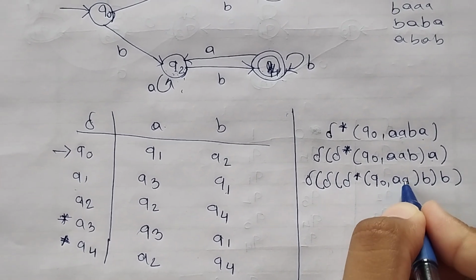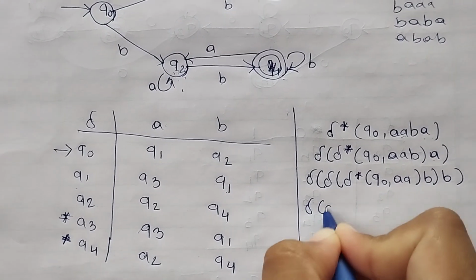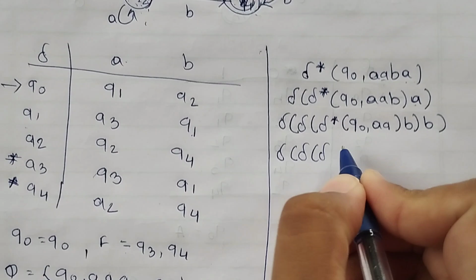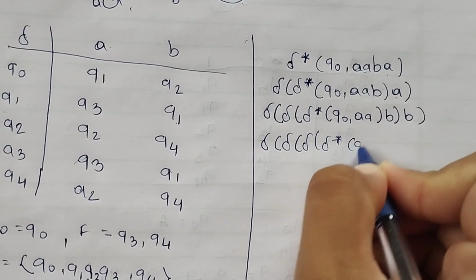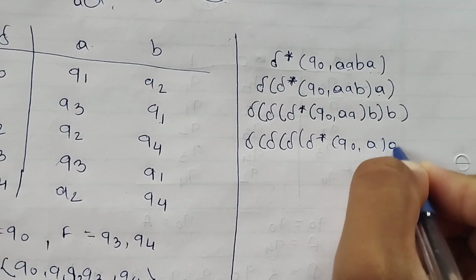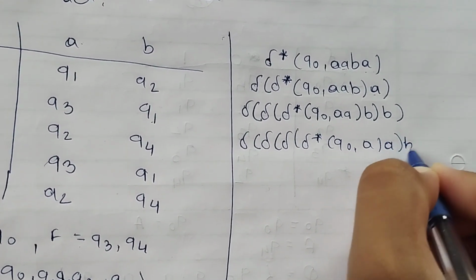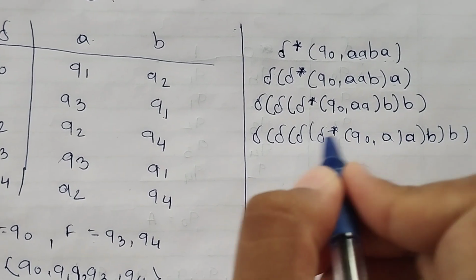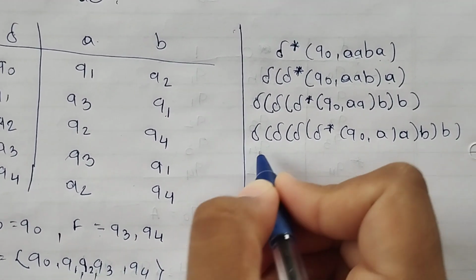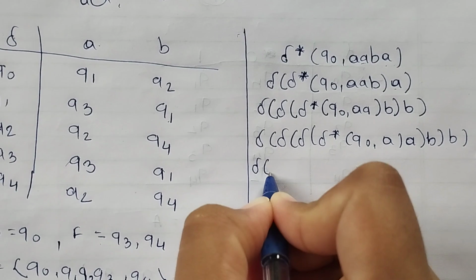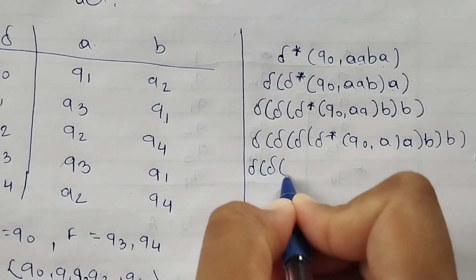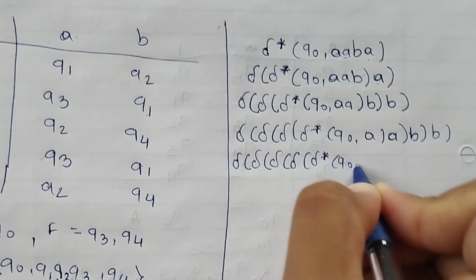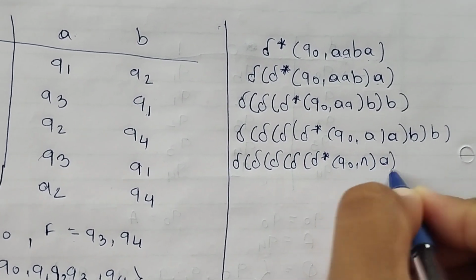Again now we separated this A. So this delta and delta for this A, delta star, this Q0 A, and now this A is separated by this string B and B. Now we separate this A also and write null, nothing but null. If any string is not present, then that time this is the null. So we write that also. So this delta star Q0 null, and this A